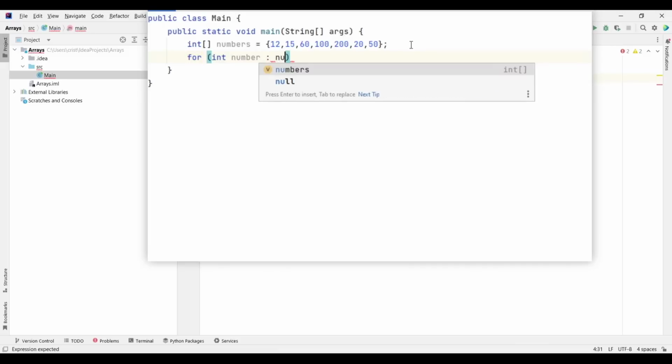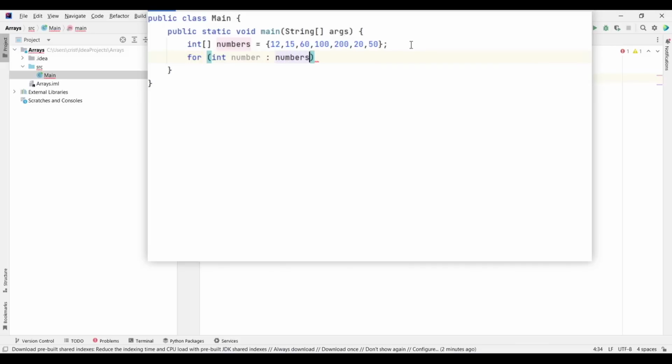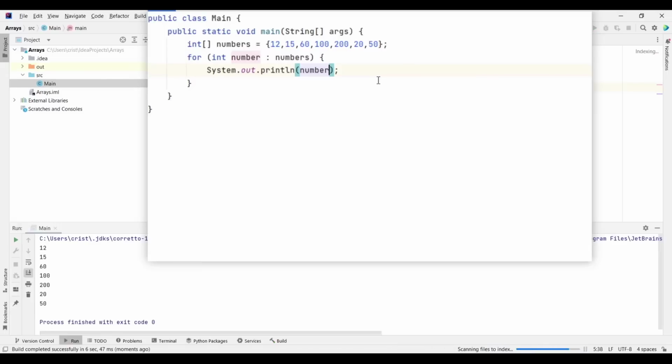So for every number in our numbers array from above, I'm going to add SOUT and print the number. So now if you run this, we have our numbers displayed in the console, so everything works fine.